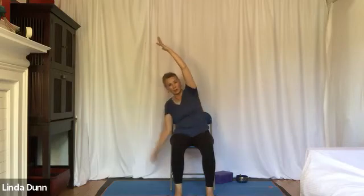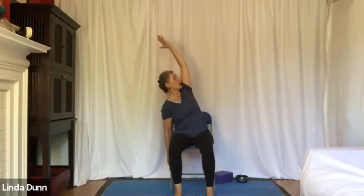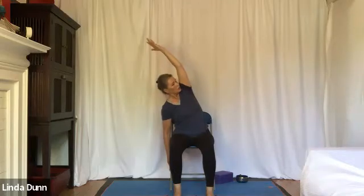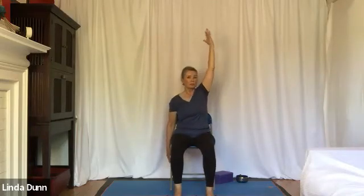Now see if you can turn the head looking through that armpit and maybe even spin the chest open a little bit looking up and breathing. So we'll keep reaching, reaching, reaching. With your next inhalation, we'll reach that arm up and lower down, exhaling down. And then the right arm is going to reach, lifting,